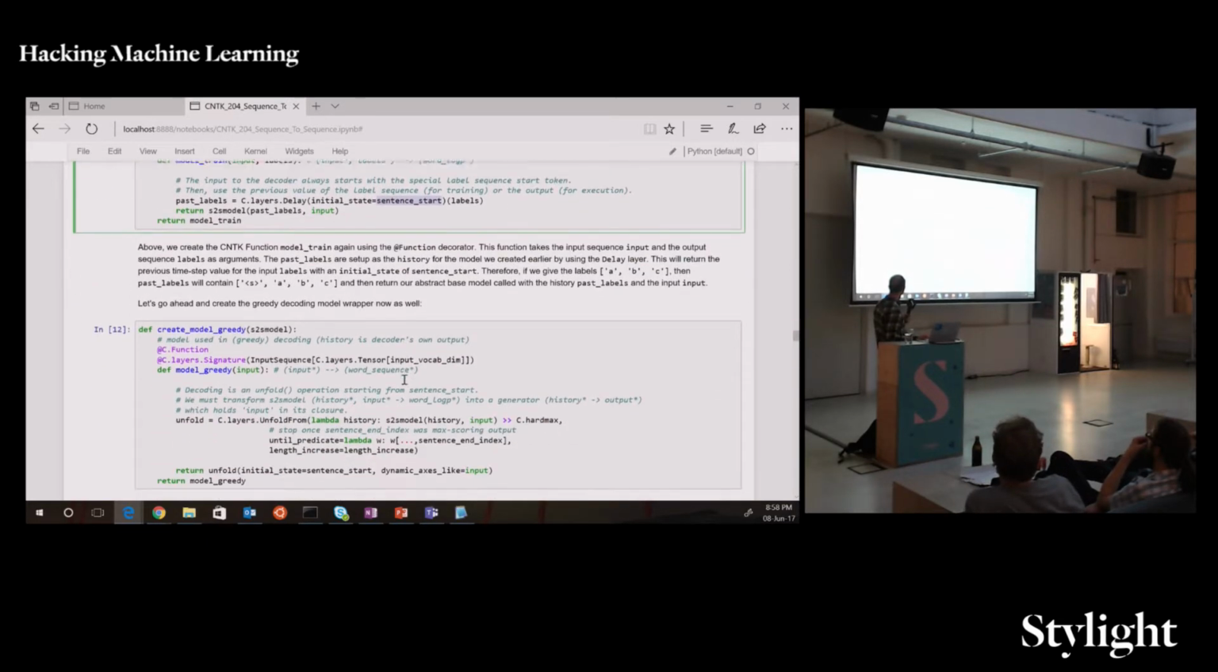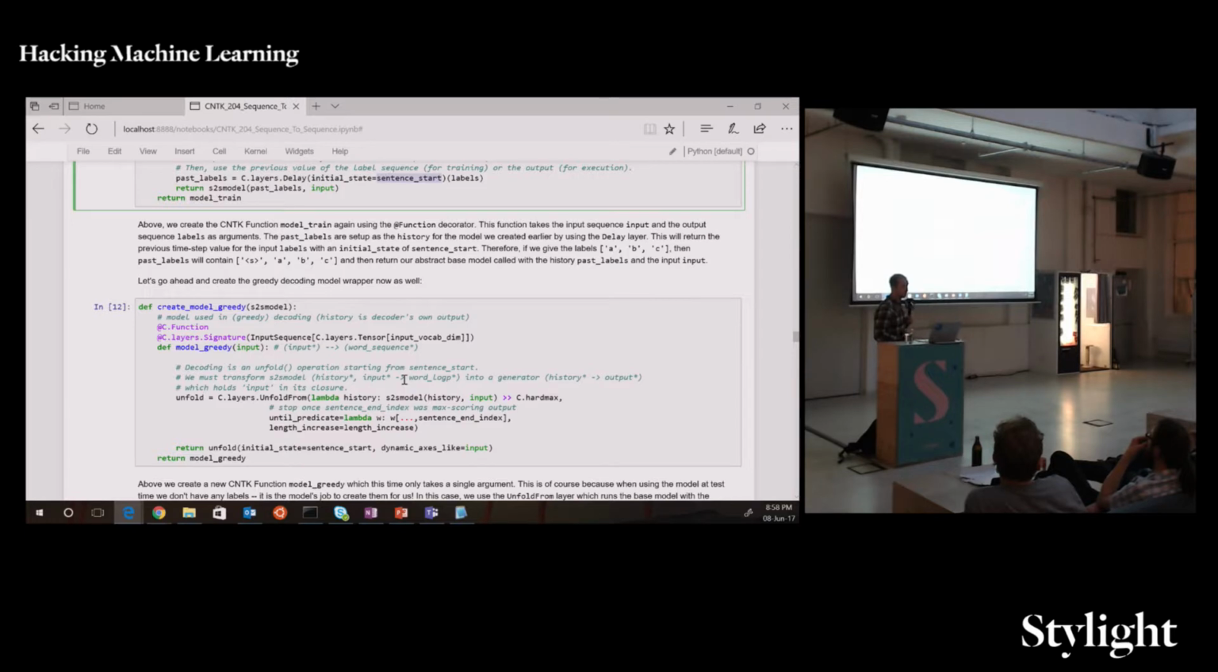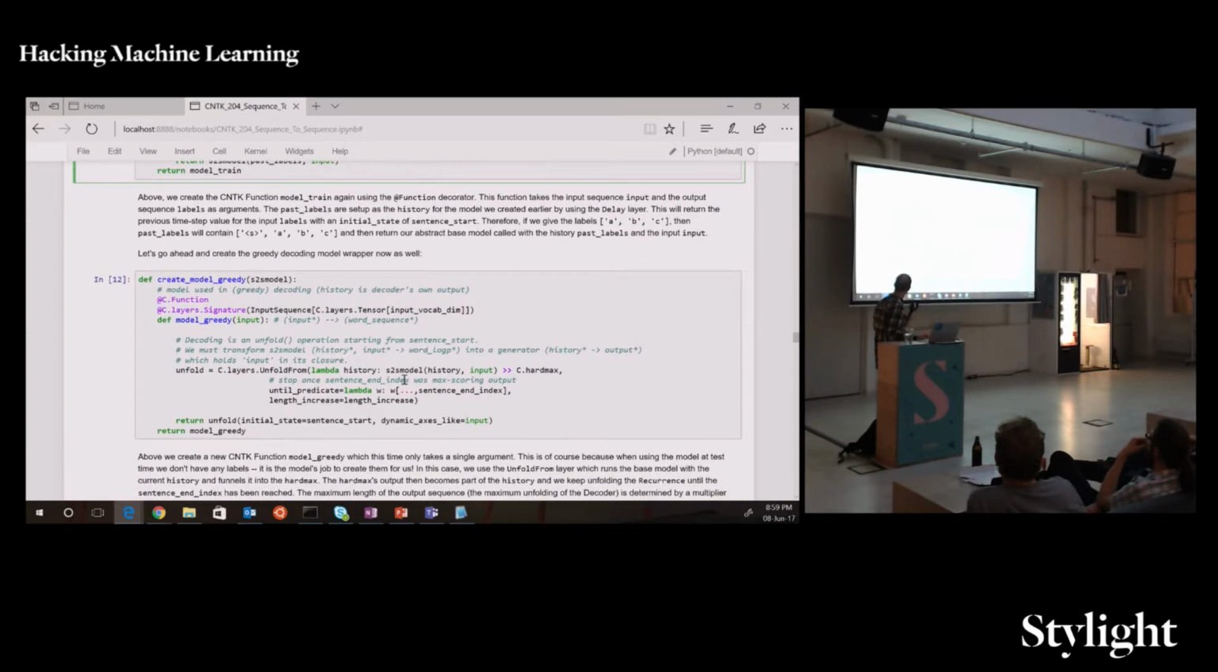We're also going to create an evaluation version of the model, because during training, we're going to sample from the model and see how it is doing as it's training. So what we do here is we again call the sequence to sequence model, and our history here